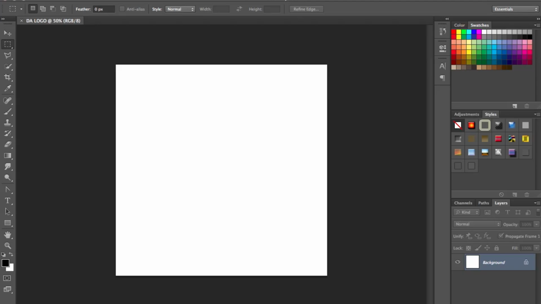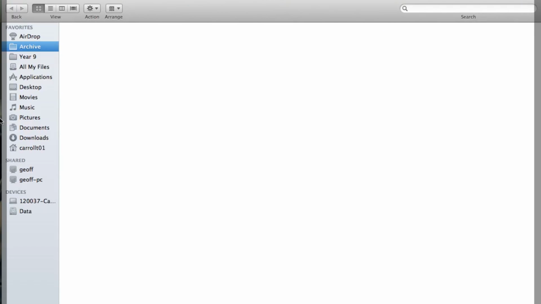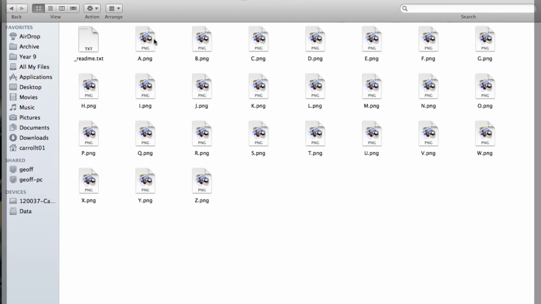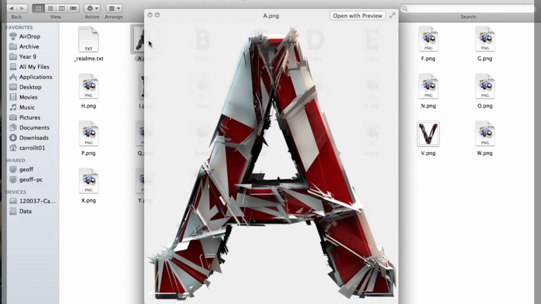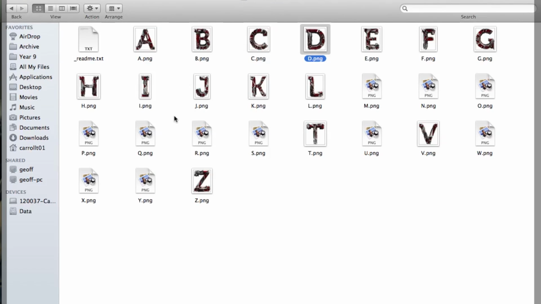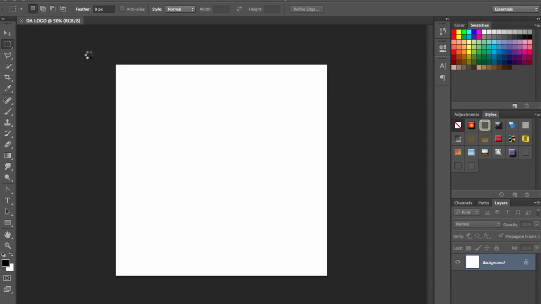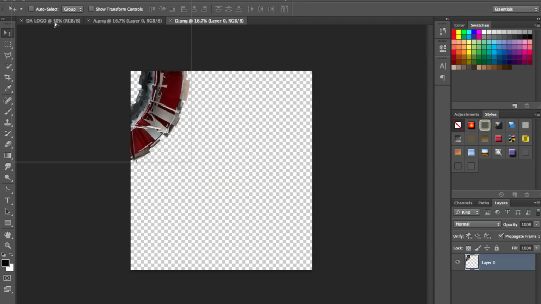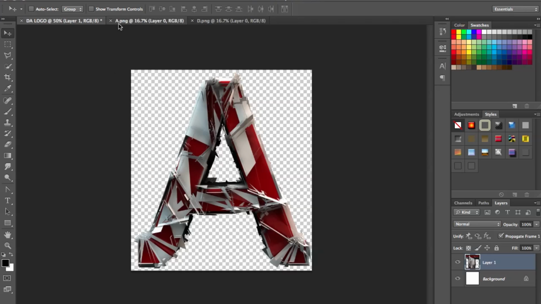And I got some things off Media Militia, which is a website which I'll probably put down in the description where we got these files from, but let's quickly go into my archive and I can find it. There it is. Let's go to packs and let's go into our Media Militia shaded text. This is pretty cool for what we're going to be doing today. So see some pretty hectic looking letters there, but what we're going to want is the D and the A. Okay, just open them in Photoshop, and we'll just drag them straight out